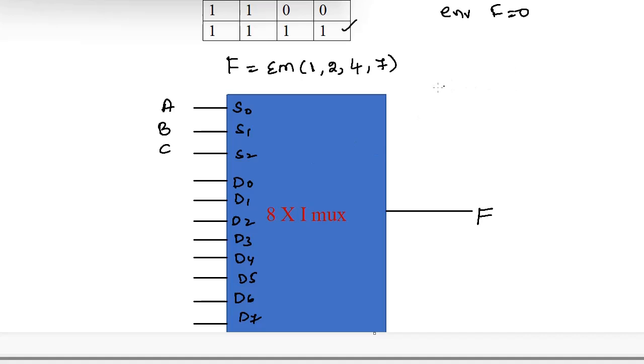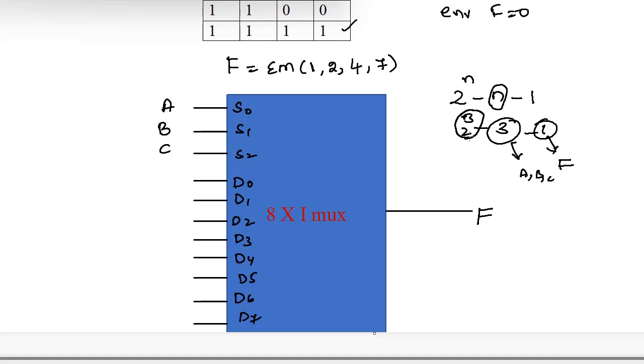So first of all, what is meant by a multiplexer? A multiplexer takes 2 power n input values with n select input lines and one output. So here my select lines are 3, so 2 power n is 2 power 3. So 2 power 3 data inputs, 3 select lines and 1 output. Here one output is indicated with F, 3 select input lines are A, B, C and the 2 power 3 inputs are indicated with D0 to D7. So total 8 values we have.